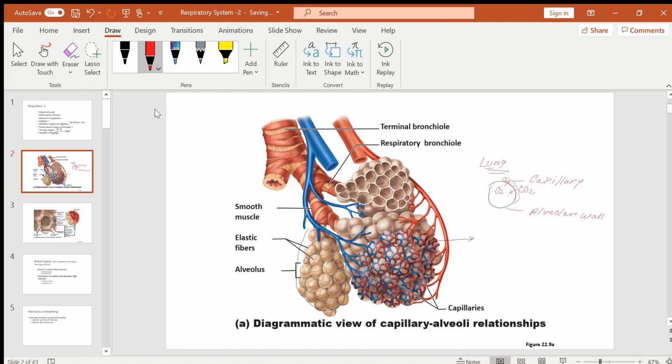Okay, and to make sure that each alveolus is participating in that gas exchange, each alveolus gets a capillary bed on it. You can see here in this picture, right? So how beautiful these microscopic structures inside the lung are. Okay, now